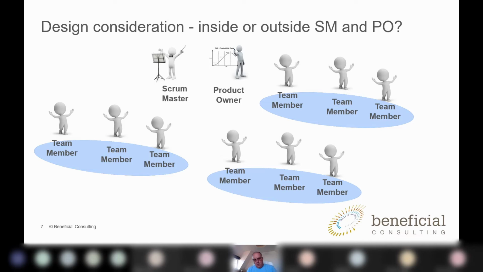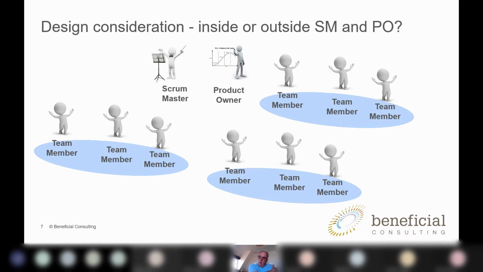So I think that there, even with the Scrum concept and the Scrum staffing, Scrum Master, product owner, and team member, there are ways that you might want to change the team design according to the requirements and the context of the team.